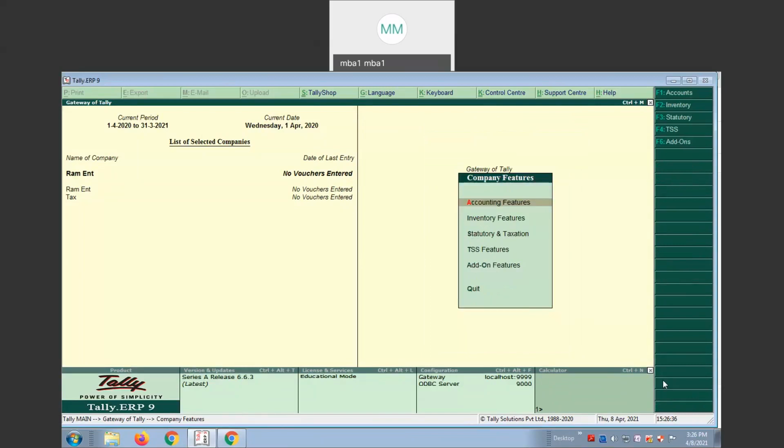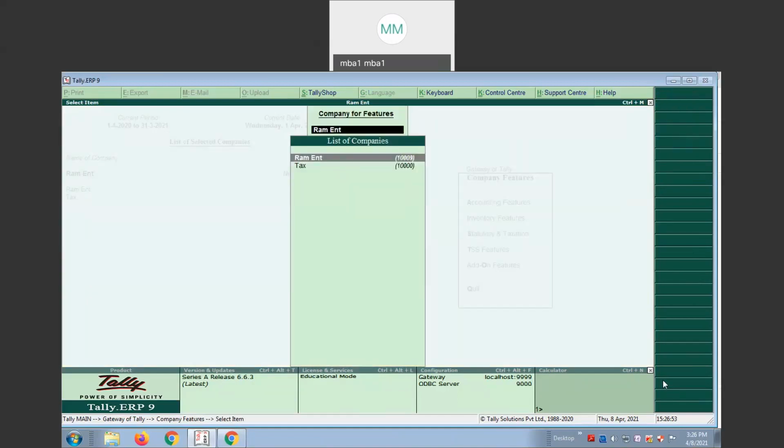After clicking the F11 function key, you'll get these features: accounting features, inventory features, statutory and taxation. Click on statutory and taxation. Once you click that, select the company for which you want to enable the value added tax. Just now the company name is Ram Enterprise, so I want to enable value added tax for this company.